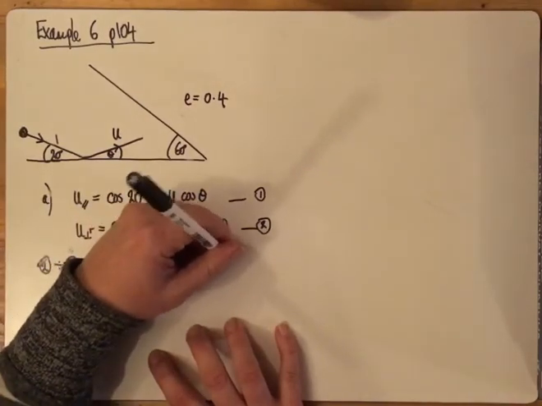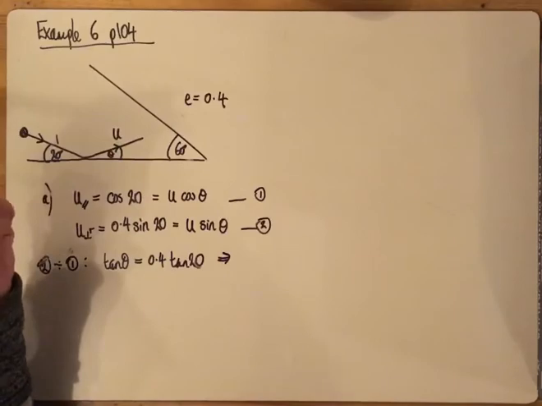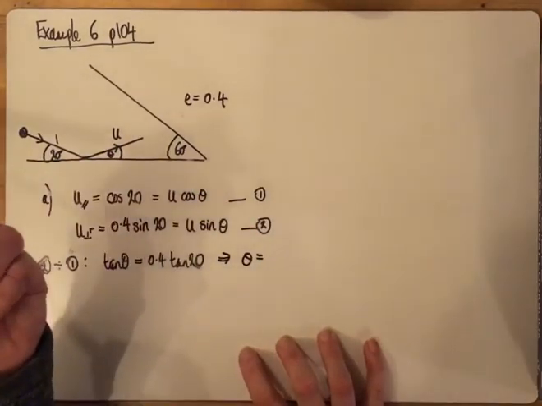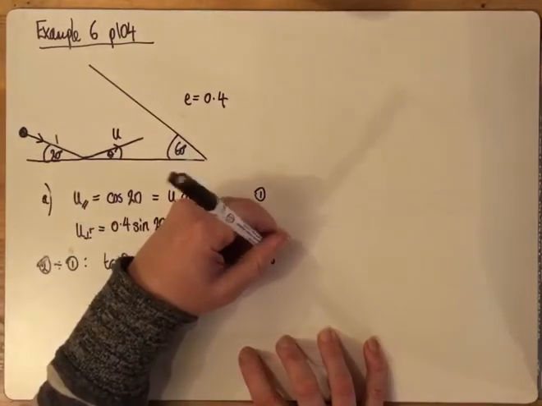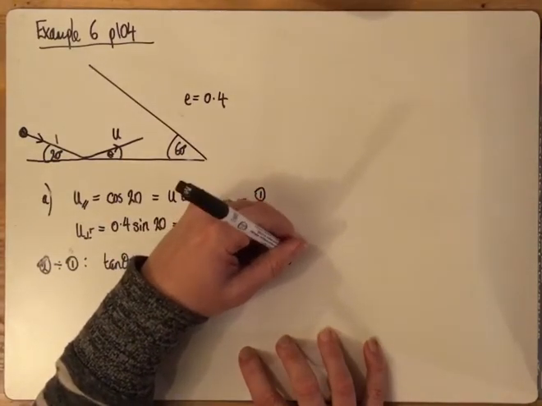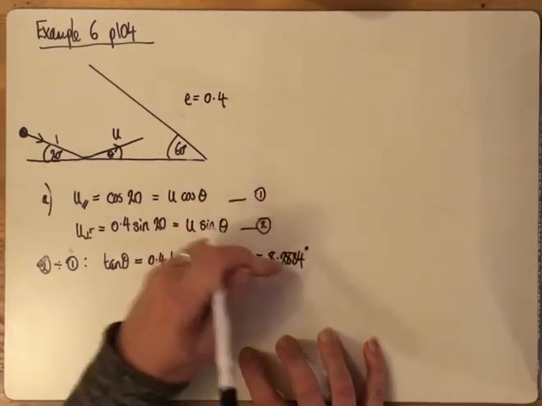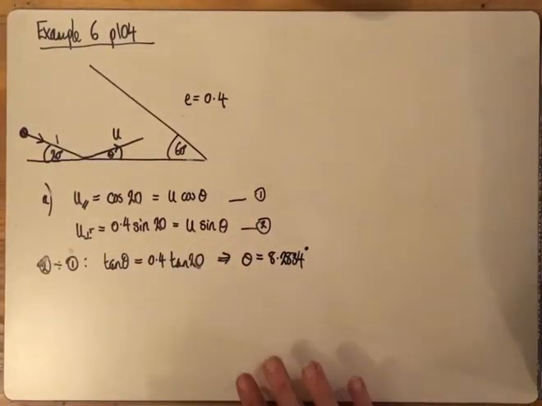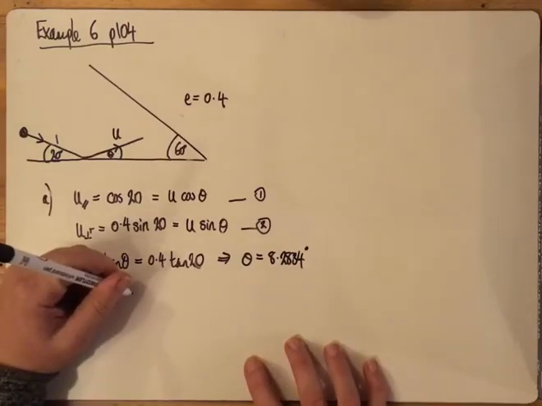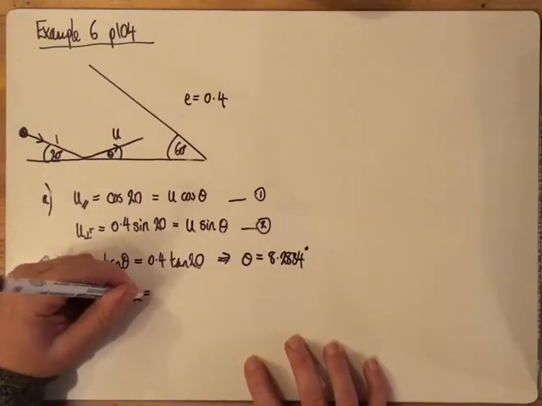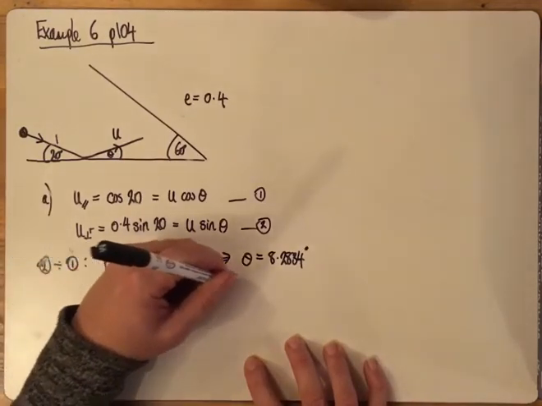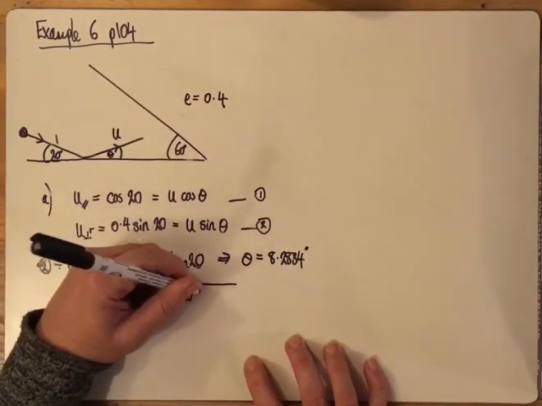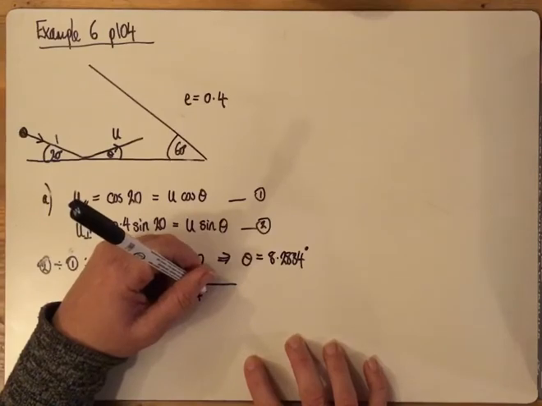And so theta is equal to 8.2834 degrees. It's just a lot of decimals. I would always write them down to more than 3 sig fig, or do use your answer buttons in your calculators as well. And then U is equal to the square root of cos squared 20 plus